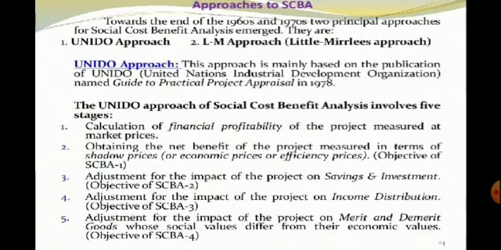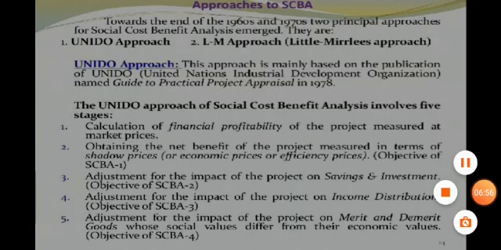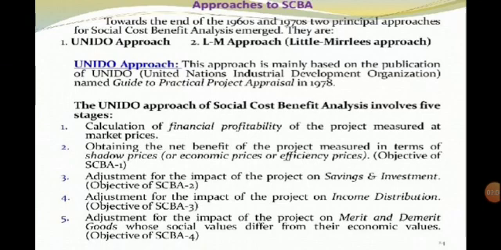Approaches to SCBA: the UNIDO approach and the LM approach, the Little-Mirrlees approach. The UNIDO approach is mainly based on the publication of UNIDO, the United Nations Industrial Development Organization. The UNIDO approach of social cost benefit analysis involves five stages: calculation of financial profitability of the project measured at market prices, obtaining the net benefit of the project measured in terms of shadow prices, adjustment for the impact of the project on savings and investment, adjustment for the impact of the project on